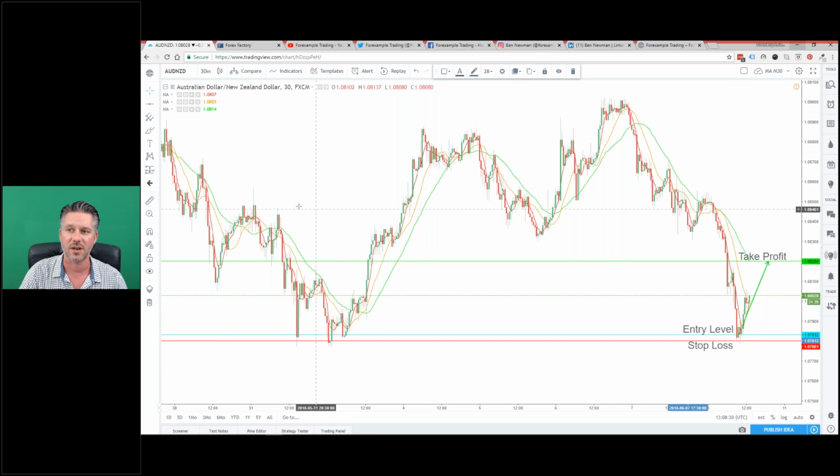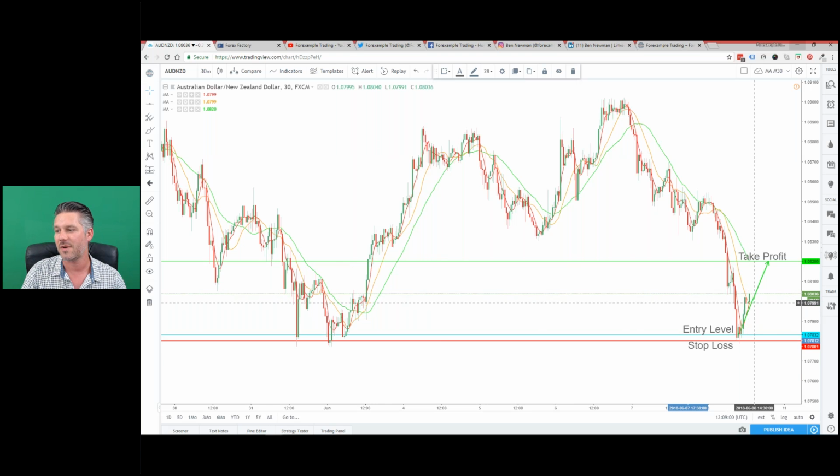This is a 30-minute chart. This is how I'll have my chart set up to generate the signals, okay? And I'll go through the analysis. These moving averages are on different parameters, and I've been testing this, and this seems to be the best format to send the signals in. They seem to be the most reliable signals when I'm doing the analysis or using this strategy. So that's what I'm going to be following. It can be on various pairs, but they'll be on 30-minute charts. So you've got a good opportunity to see good profit.